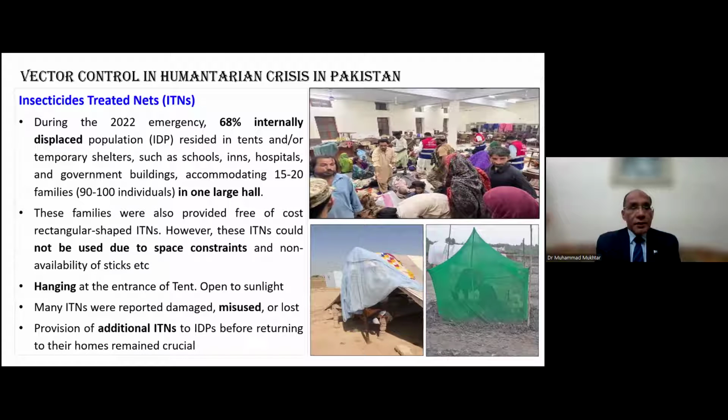Yes. During 2022, 80% of internally displaced people were living in tents or temporary shelters such as schools, hospitals, and government buildings. We were accommodating 50 to 20 families, or 90 to 100 individuals, in one big hall. You can see in the upper right picture, where more than 100 people were living in one big hall. These families were also provided